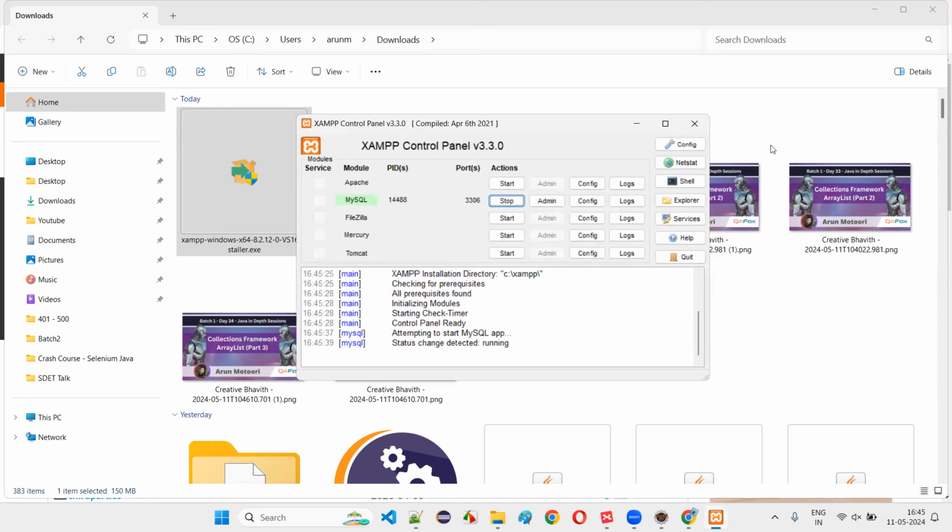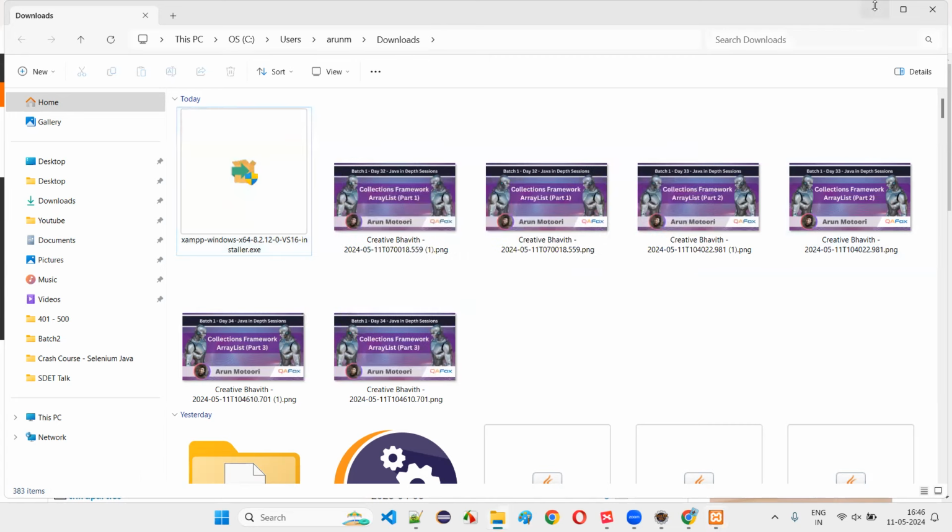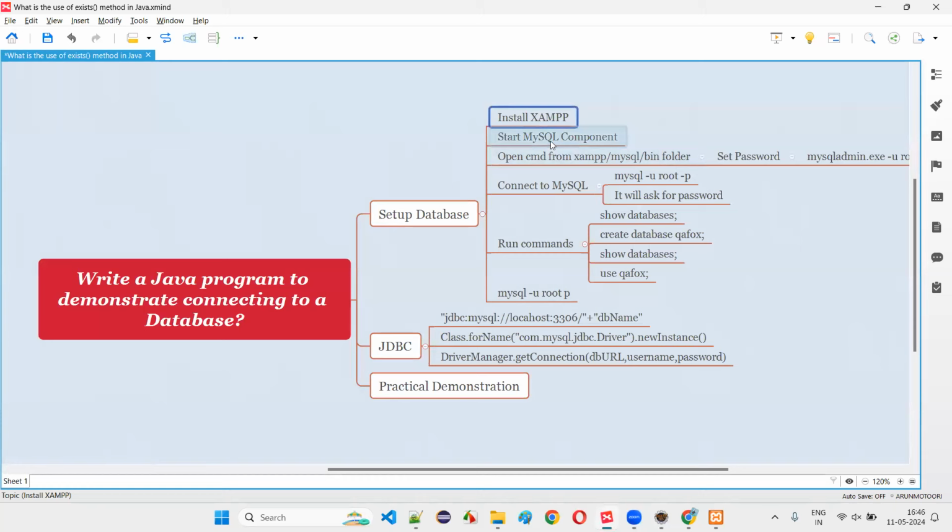Okay, where you can create databases and work with the SQL language to query them. Now in my machine, I have the MySQL DBMS software running. The reason why I have installed XAMPP is just to get this MySQL DBMS software. Now I can open the command prompt and run a lot of commands on this MySQL DBMS to create the